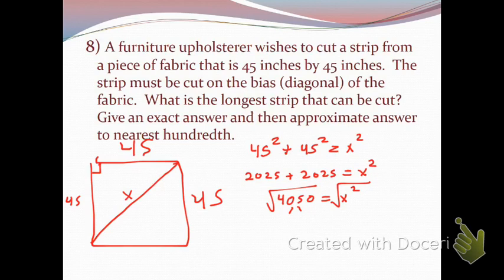Guys, 2 times 2025. What's the square root of 2025? 45. So it becomes, here's my exact answer, 45 square root of 2. Now, question. I really should have plus or minus, but are we going to cut a negative length? No. Now, Eckert's going to go to his calculator and type in 45 square root of 2 for us, and he's going to round to the nearest hundredth. So that's going to be squiggly lines. X is approximately equal to